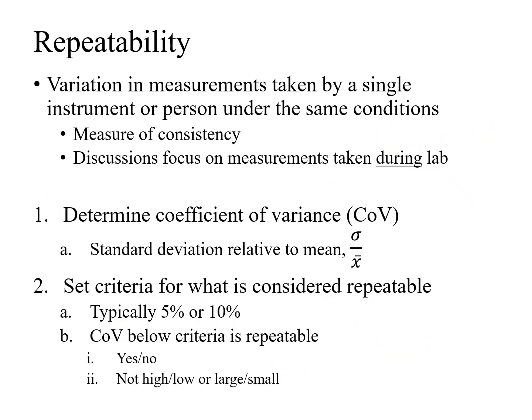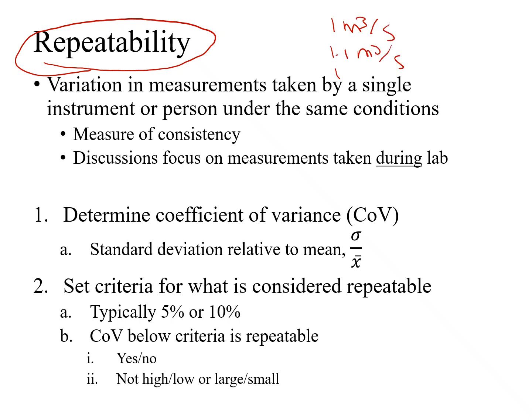Next I'm discussing repeatability. Repeatability means, again, the same thing. Let's say you are making a measurement of the flow rate. So you took a reading, again, 1 meter cube per second. Again, you took a reading 1.1 meter cube per second. Maybe you got 1.5 meter cube per second. You are taking the measurement of the same thing here, okay, but at a regular interval. So for this one,